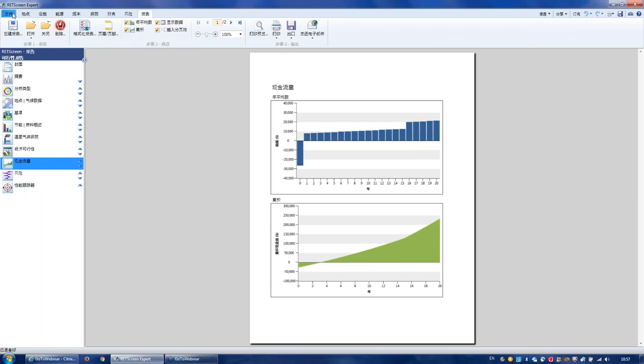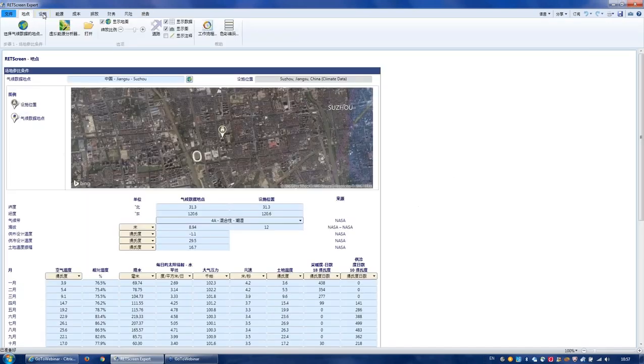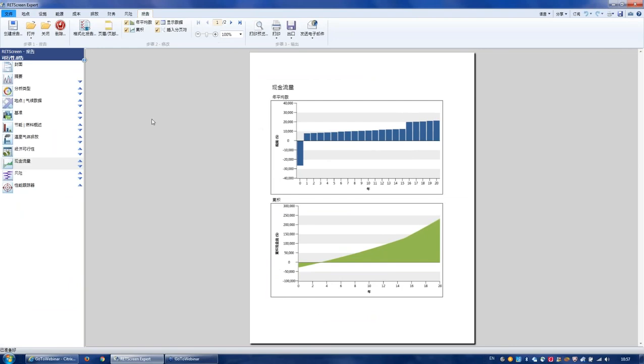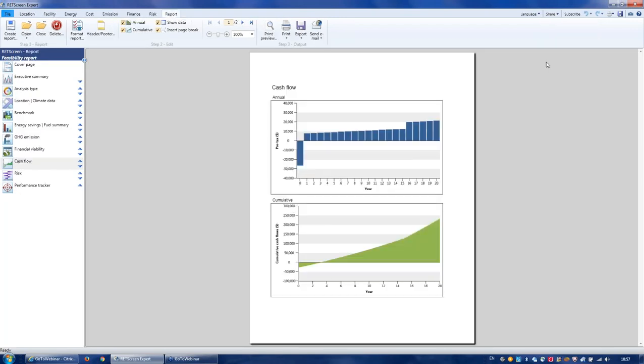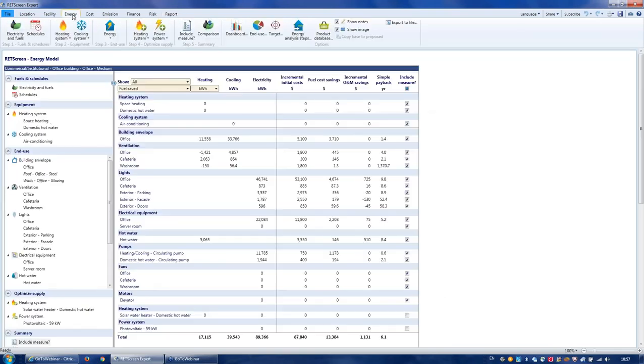You can see now the entire software is operating in Chinese, so you can actually switch that for your client. They can review it in Chinese, and then switch it back to English if they have questions, comments, etc. So RETScreen is also a great communications tool among these 36 languages that we have in there. All right, so that is the overview of the financial analysis and using the virtual